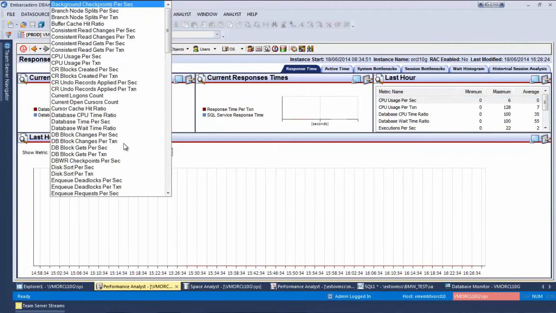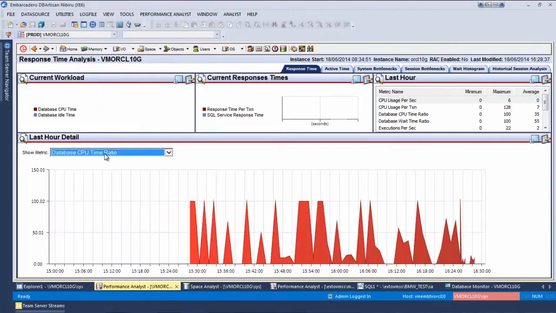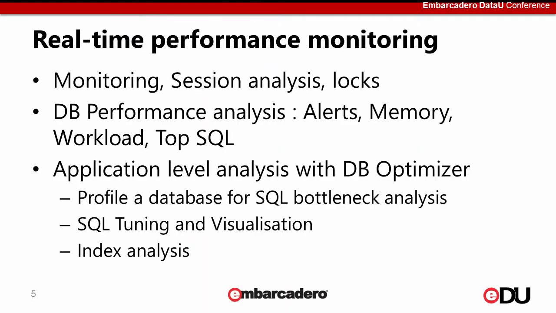If I go back and ask what the database CPU time ratio for the last hour is, it shows me the peaks, what is happening, and analyzes the database CPU time ratio on a time basis. Of course, you can also look into the system bottlenecks, session bottlenecks, wait histograms, and so on. The performance analyst is a very powerful feature, helping DBAs to be more proactive by diagnosing and resolving problems quickly and effectively. So next to that, getting back to my presentation,